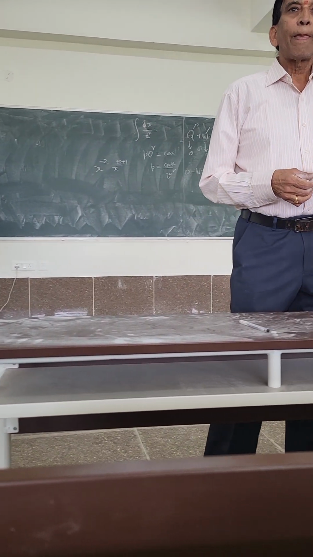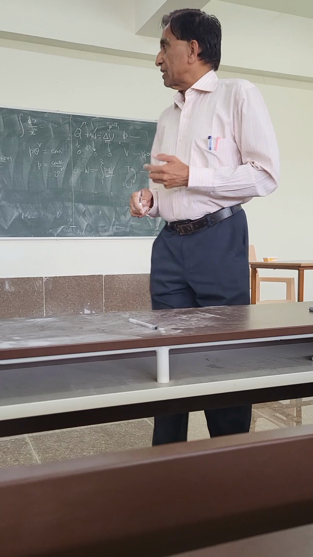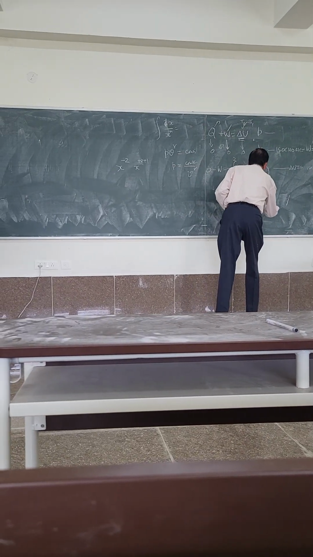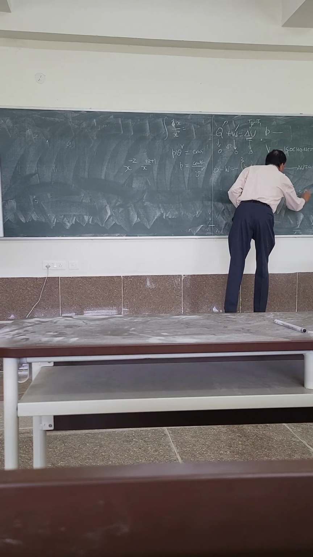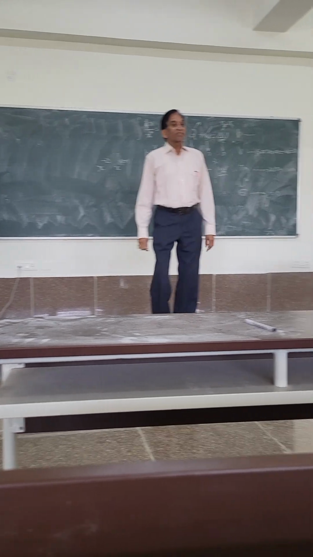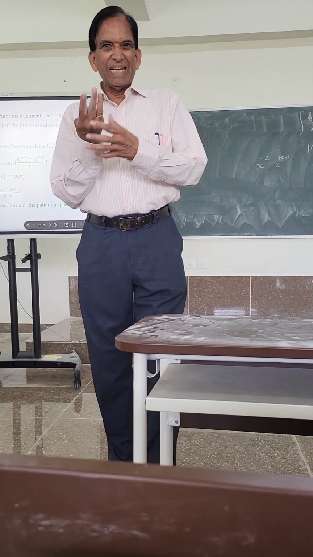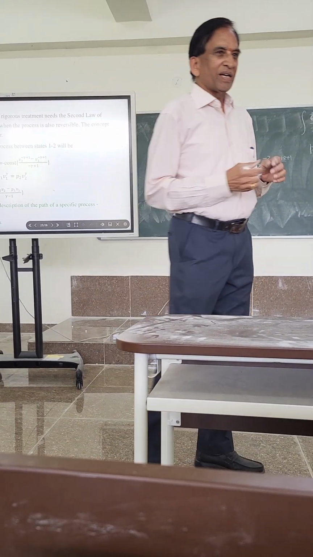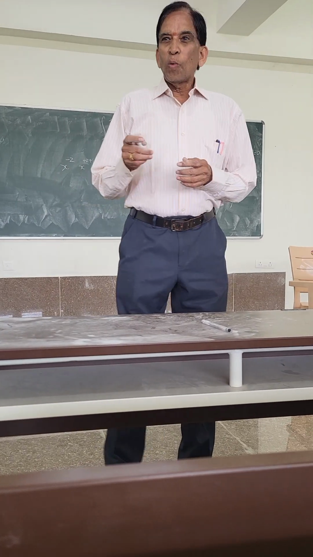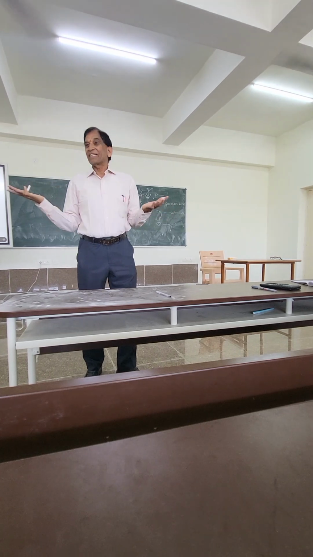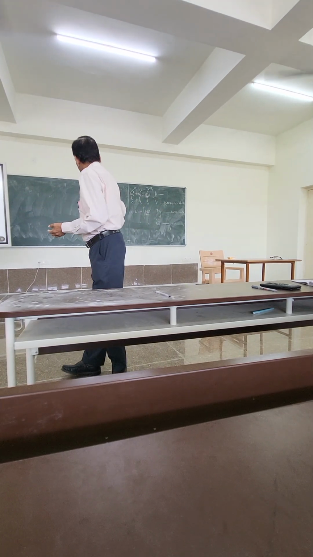Is it clear? So now we have got 4 processes. Another process we have got is Q is equal to 0. So these are the 4 processes we have got. With these 4 processes we can mix and match, like you can have aloo gobi, chana masala. You can do any masala and then you make various curries. So similarly we do the same thing.